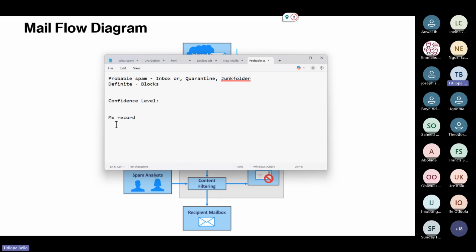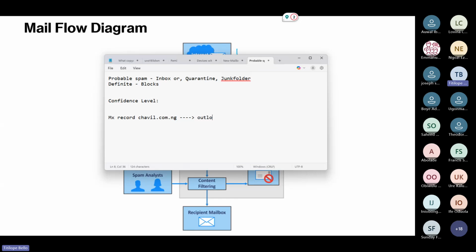So it can be in this format. For your domain, for instance, I have chavi.com.ng. I will say reach this server to send the email. The server responsible for this domain to receive email is